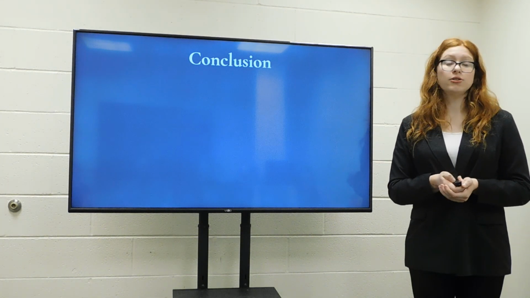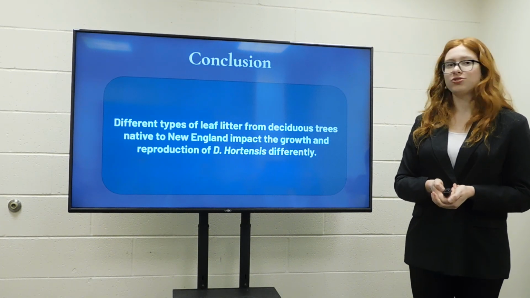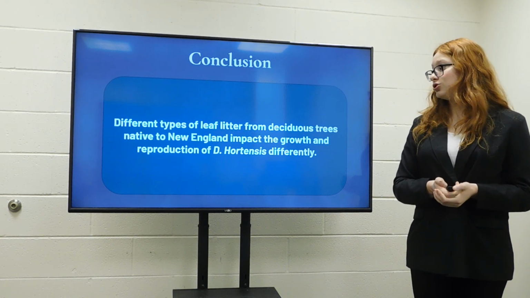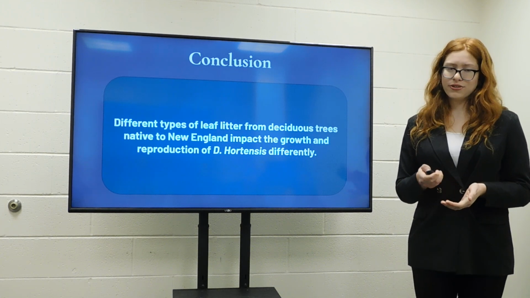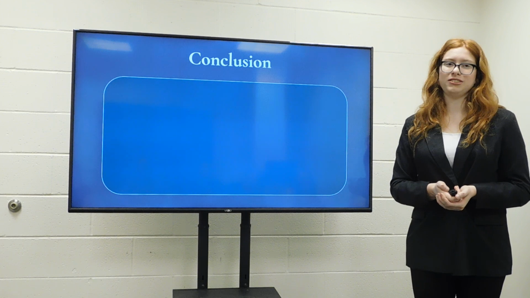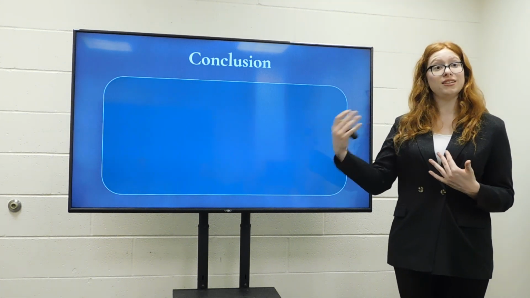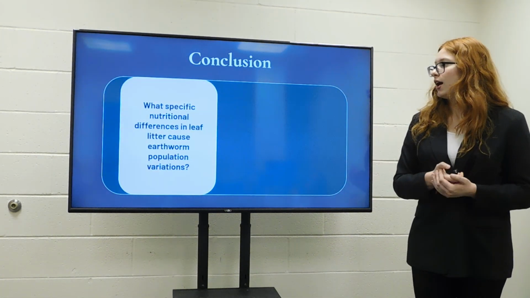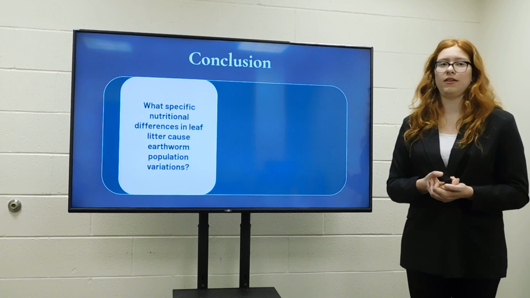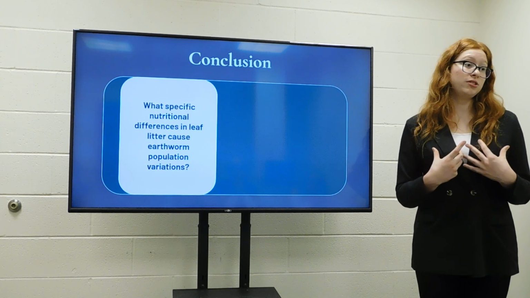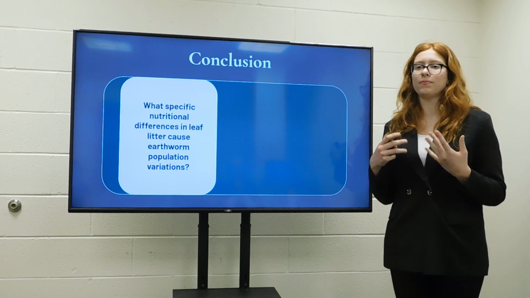Lastly, this leads to my conclusion that different types of leaf litter from deciduous trees that are native to New England do impact the growth and reproduction of D. hortensis differently. However, due to the limitations of my study, it does lead to a few questions that can be addressed in the future, such as A, what specific nutritional differences in leaf litter cause these earthworm population variations? I assumed it was the carbon to nitrogen ratios because of those variations, but